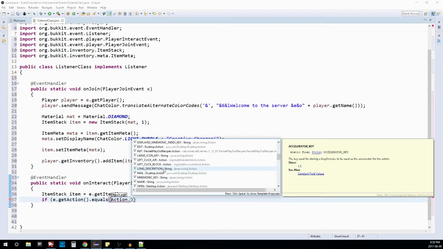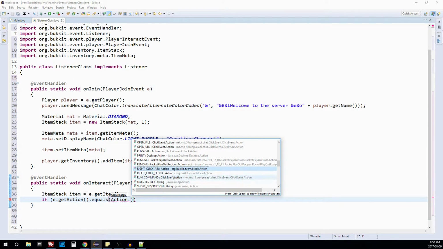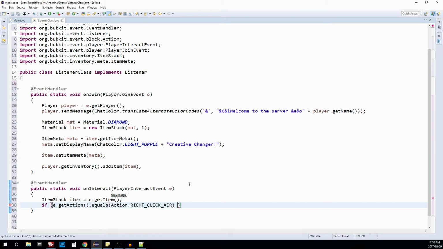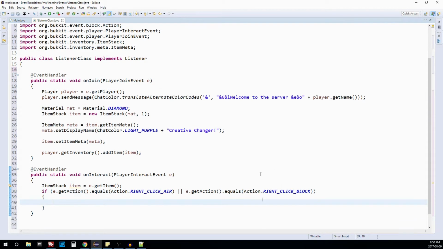But the stuff we're looking for is the left click air, left click block, and the right click air, right click block. So there's other stuff here, and there's a lot of things you can do with this, but we're just looking for right click air or to pipe, and then we're going to just copy and paste this, and we'll set this to right click block. So if they right click the air or right click the block, then